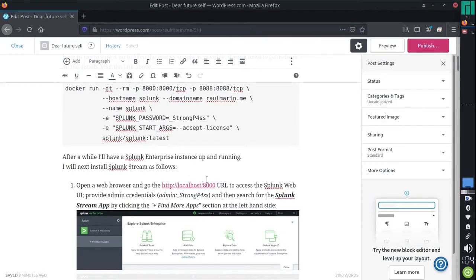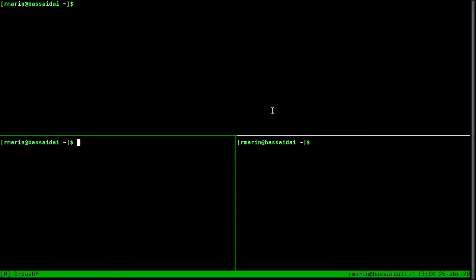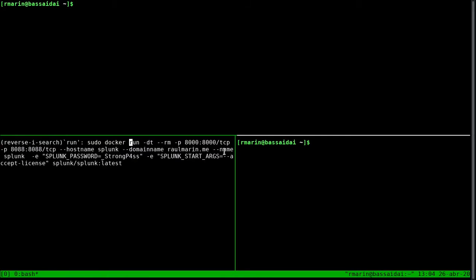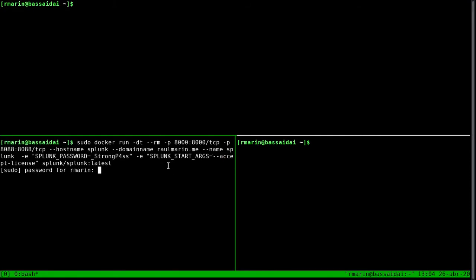So the first thing we are going to do is to spin up this Splunk Enterprise instance. So let me go to the terminal window, and here I have 3 windows that I'm going to use for spinning up the different things, and so this is going to be handy when I start playing around with the different components in this scenario. So here in this screen I'm going to start the Docker container I showed before. You can see it's exactly the same, so we execute it,